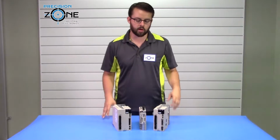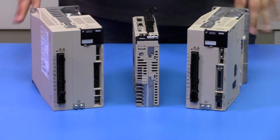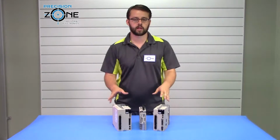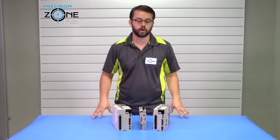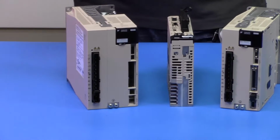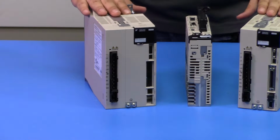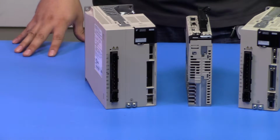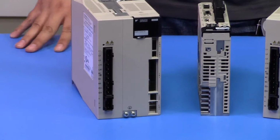Today we're going to be talking about alarm fault codes related to Yaskawa Sigma 5 series servo packs SGDV. Specifically, we're going to be talking about the alarm fault codes related to either motor or encoder related problems. There are a ton of alarms displayed on these drives, which we're not covering all of them. So if they're not included in this video, please contact Precision Zone for a thorough diagnosis and free assessment of